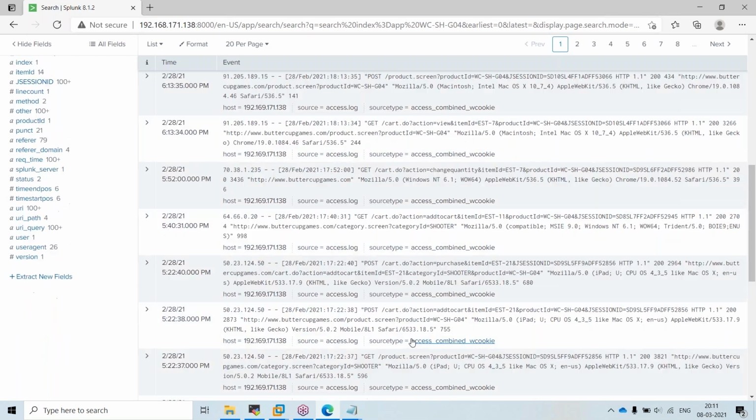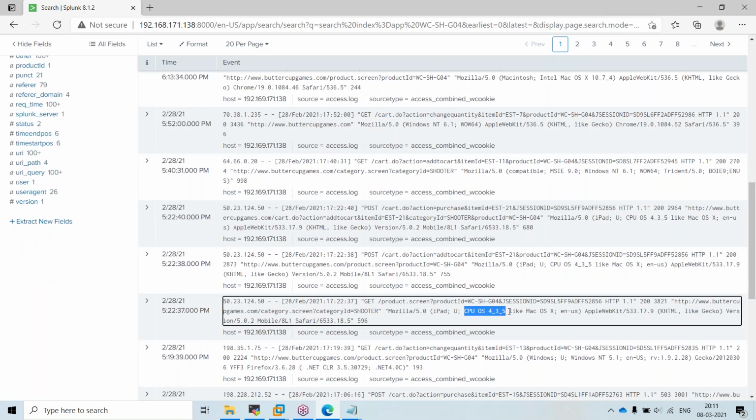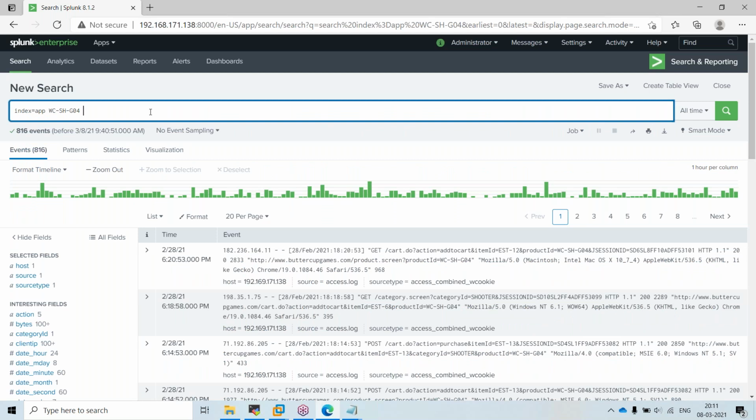I want to search for something like this, some string I want to search, not the keyword. Yeah, I will search for this. Okay, this is the product ID. In this, if I want to search for this, right,